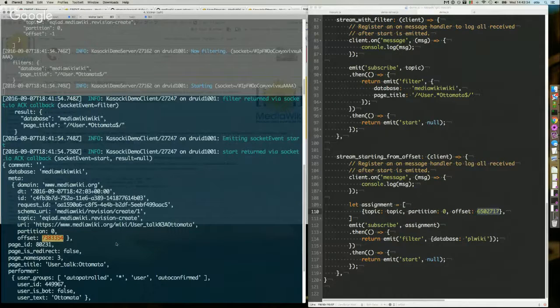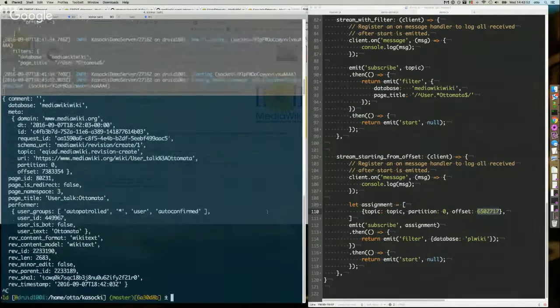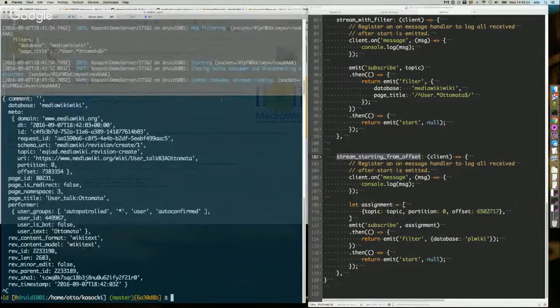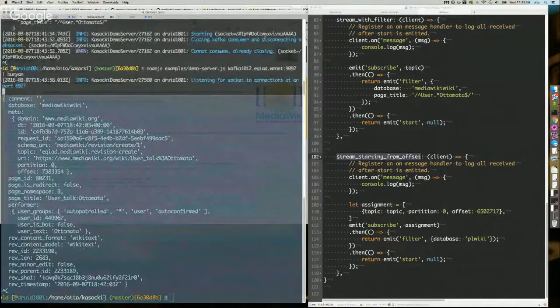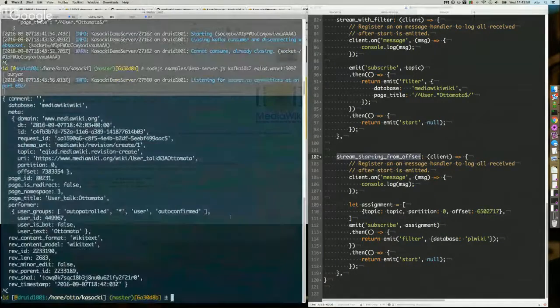So this pushes offset management off the client side. As long as you keep track of these offsets and you're not restarting at a time when this offset is no longer available, you can start from the past. I believe that this offset, when I was writing this demo, was yesterday or last night or something. So if I now start streaming from this offset, in this demo, I'm also